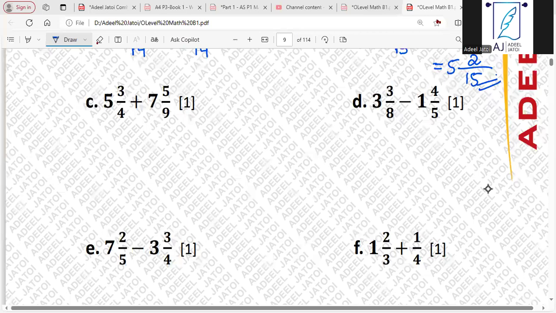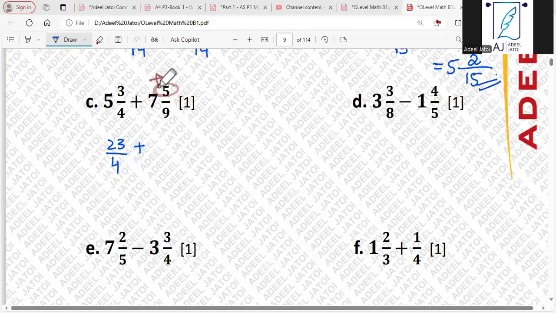Okay. Let's just make sure that we know that we are still doing fractions and additions and subtractions, right? So let's just start. So similar case, 4 into 5 is what? 20. And 20 plus 3 is 23. So this should be 23 upon what? 4. Plus, what do we have? 9 into 7. Because 9 into 7 is 63. 63 plus, what do we have? 5. So this will be 68